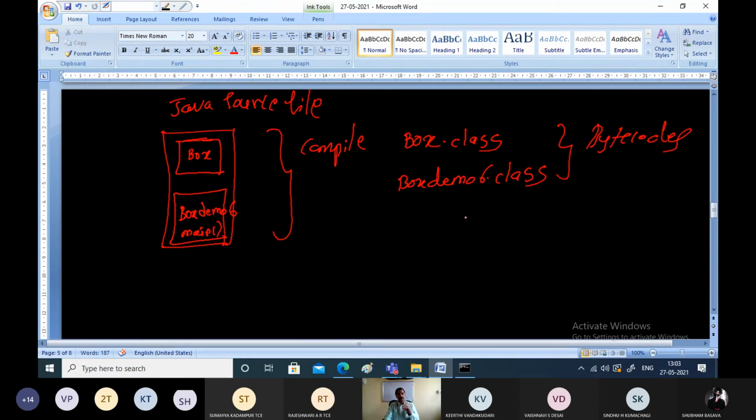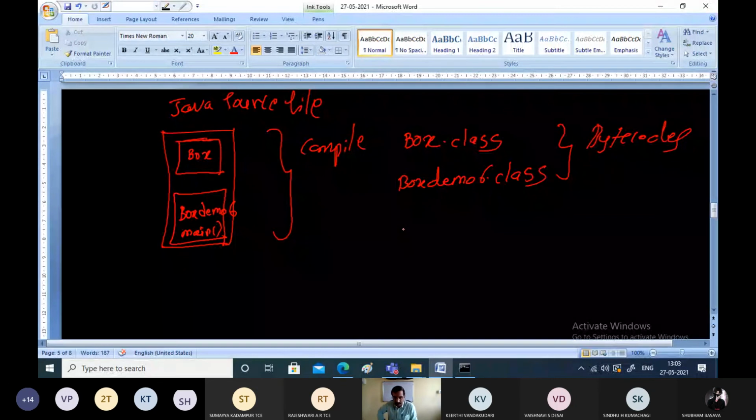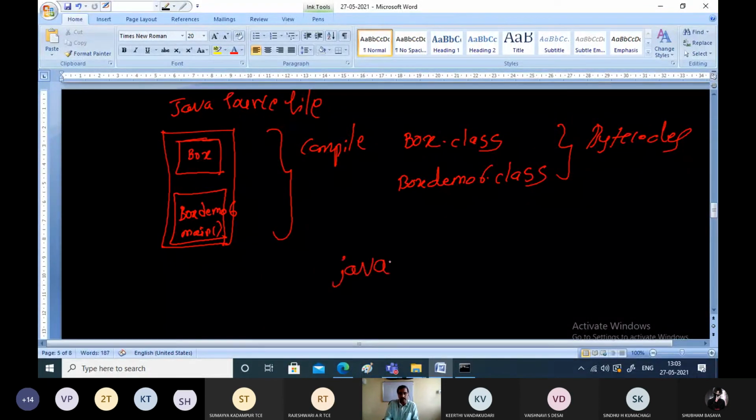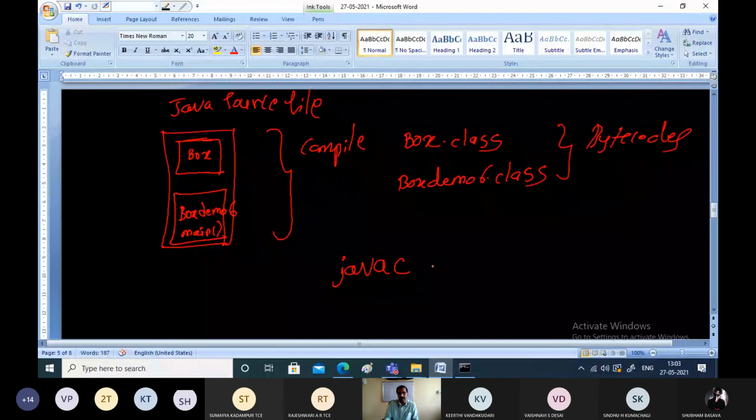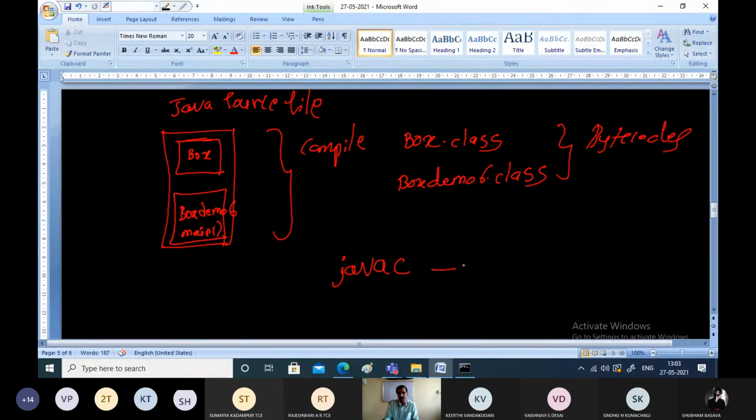Next thing is, whenever you are executing the program, we know that the program execution will always start from the main function. Now for the interpreter, you have to give the name of the bytecode. See, what do we do? First step, we will perform javac and whatever the program name is. What is the program name?